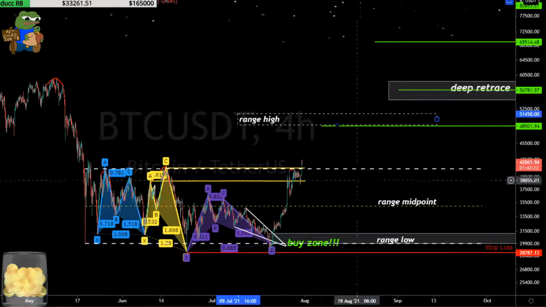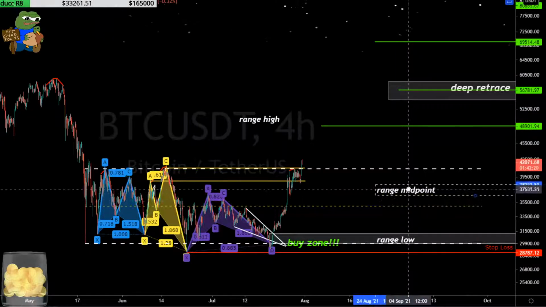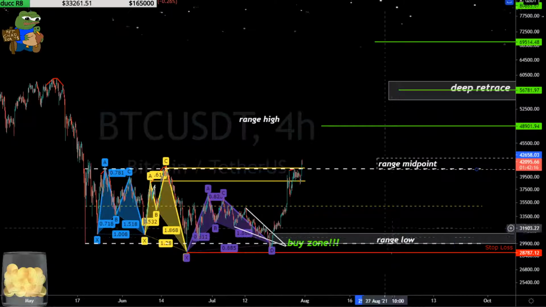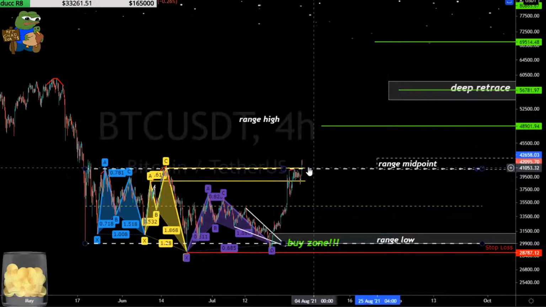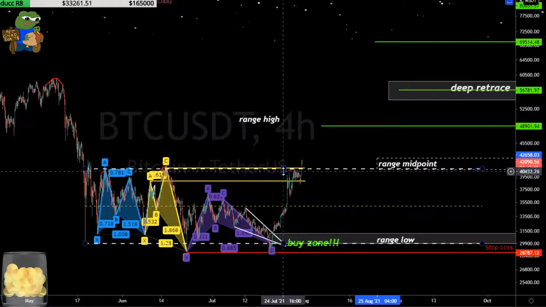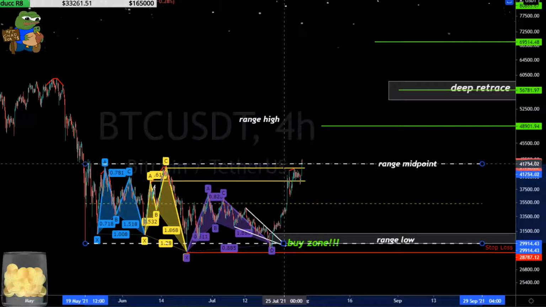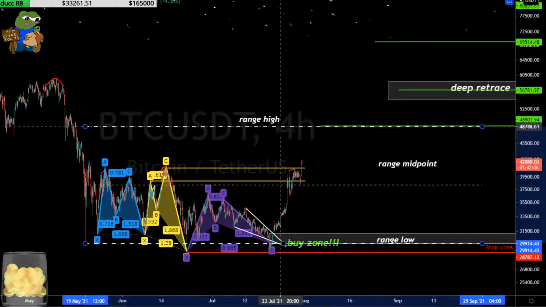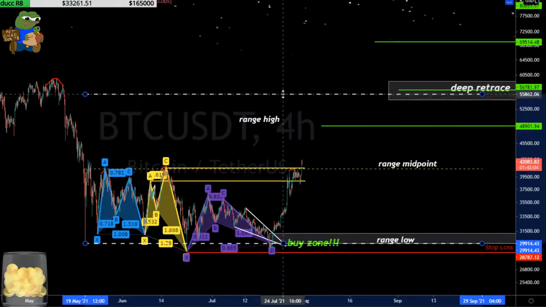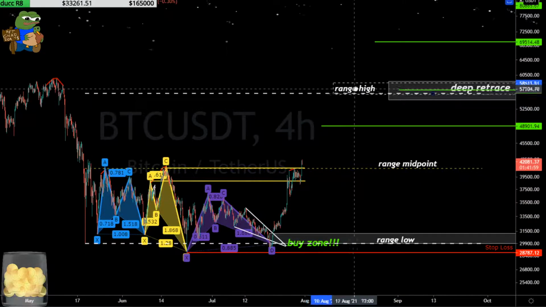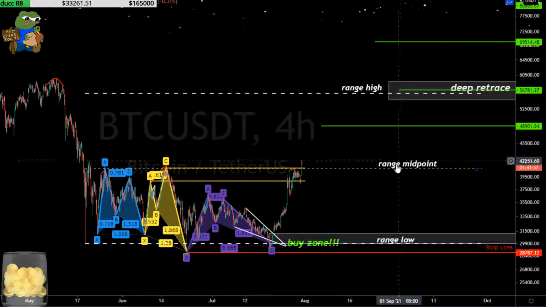We don't know yet, but we do know where the new range midpoint is going to be. It's going to be the previous range high. The range low will remain. The range midpoint will be the previous range high. So now I'll bring the midpoint up, because we know the previous range high. So I'll bring this up here. Boom. And this is how we're identifying the new range high. Okay, does that make sense?